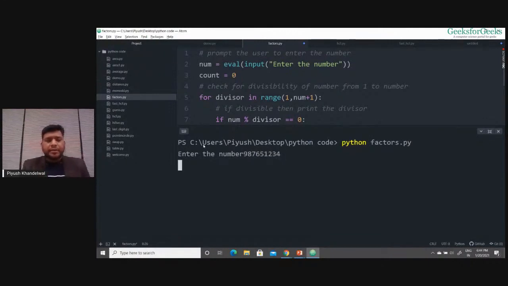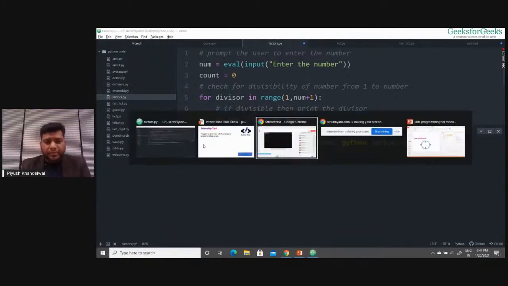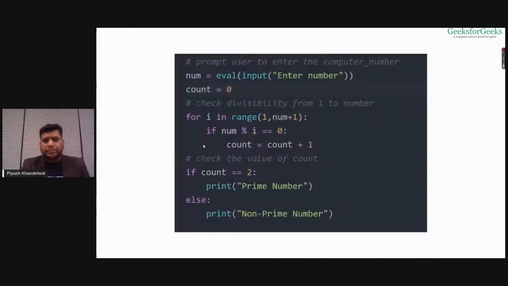You see, this program has again started taking time. It is not responding because I've taken a 9-digit number. So it is approximately 10 to the power 9, right? And this program is taking so long. So the logic that I've written, where I'm counting the number of factors, the problem with this code is, I can tell you what the problem is.